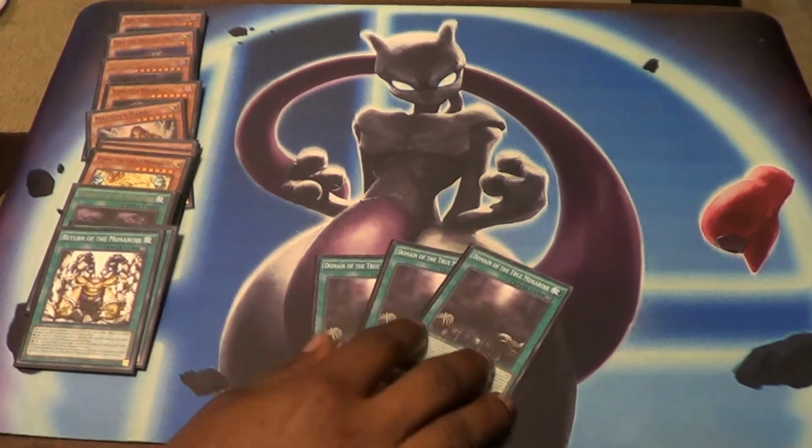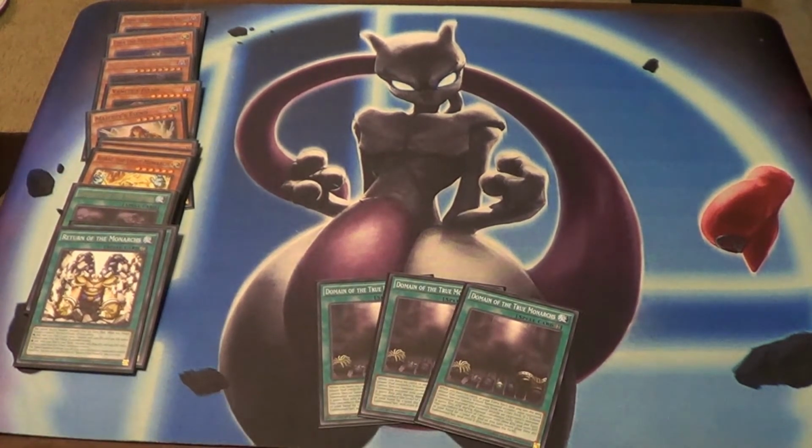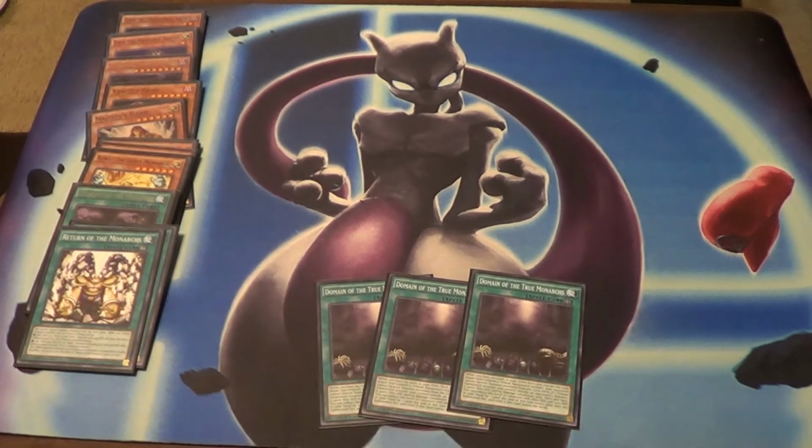Next, it's in the name of the deck. We run Domain of the True Monarchs. Basically what it does is, because we don't run an extra deck in this deck, you basically take away your opponent's extra deck. And so anytime you have a tribute summon monster on the board, your opponent is not allowed to special summon from their extra deck. What this does is basically lock your opponent out of the extra deck without having to use the Union Carrier Buster